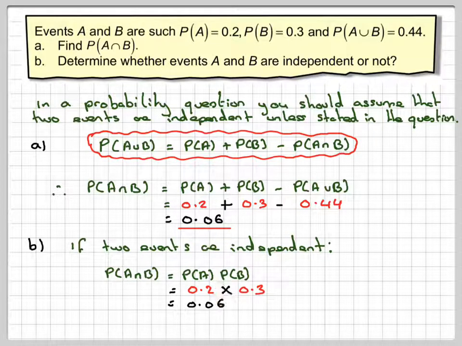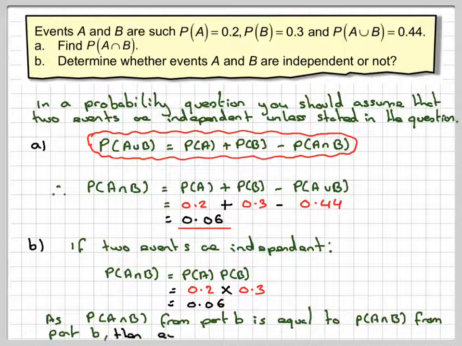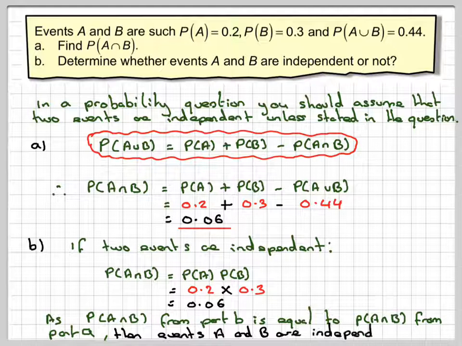So therefore the conclusion is, as the probability of A and B from part B is equal to the probability of A and B from part A, then events A and B are independent. Alright, so these two events are independent, but the key is not to assume the events are independent unless it otherwise says in the